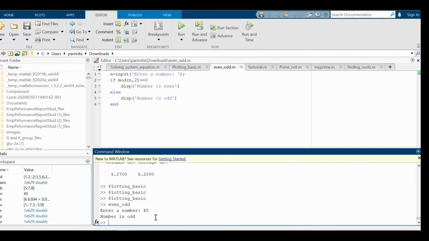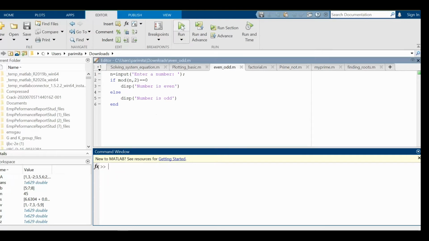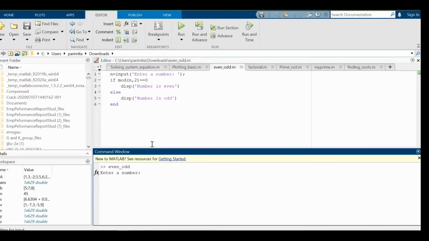Let's clear the screen by clc, and then I'll press run again, and this time I wrote 78, and see, this is giving the answer, the number is even. So you can enter any number and check whether the number is even or odd by this simple